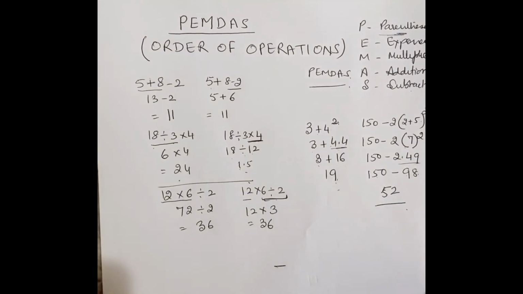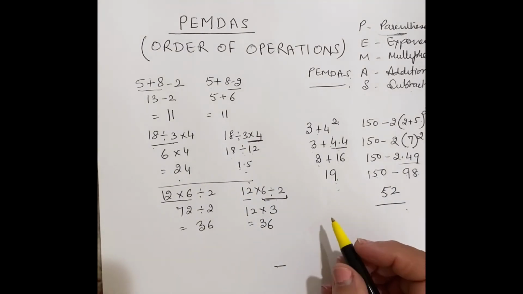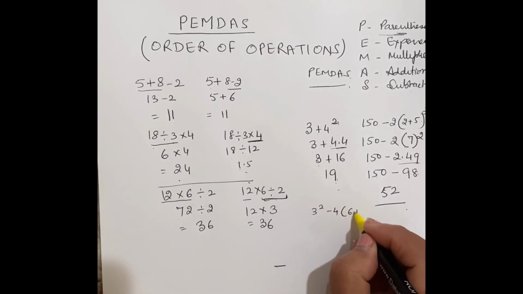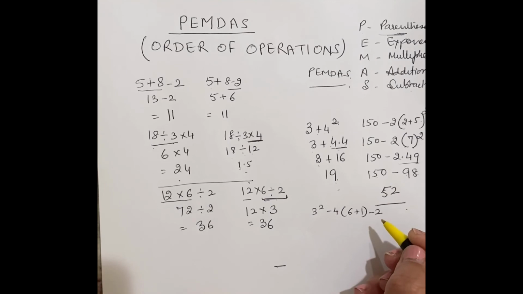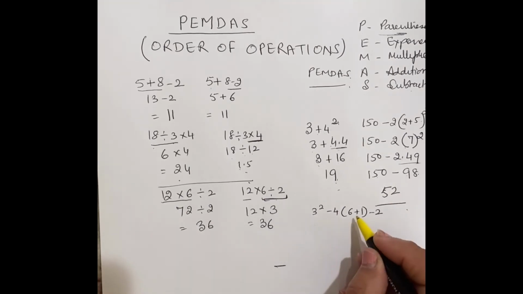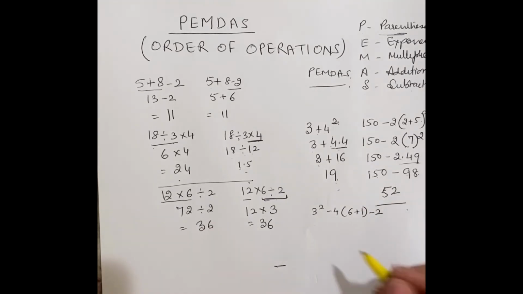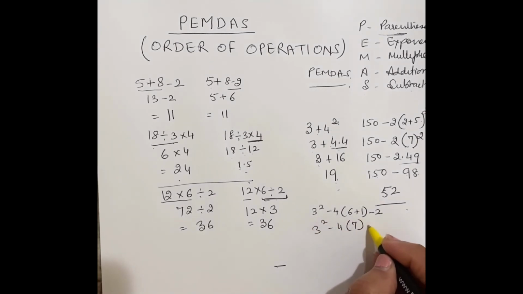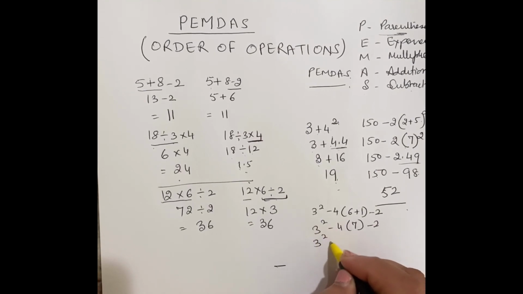We can take another example, like 3 square minus 4 (6 plus 1) minus 2. 3 square is an exponent, we have to follow the rule. We will solve the parentheses first, that is 3 square minus 4 times 7 minus 2, which is 3 square minus 28 minus 2. Now the exponent: 9 minus 28 minus 2. Now the subtraction, it's 9 minus 28